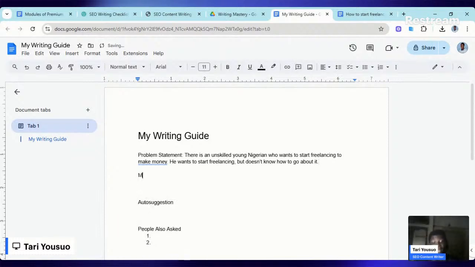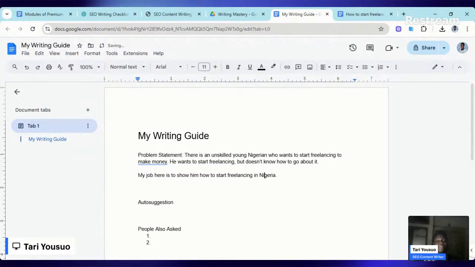My job here is to help, to show him how to start freelancing in Nigeria. Now, this could look too simple, but I tell you, many people neglect this, and just this